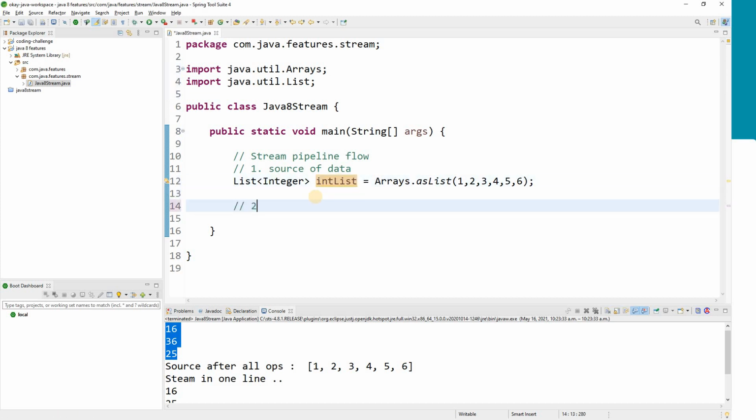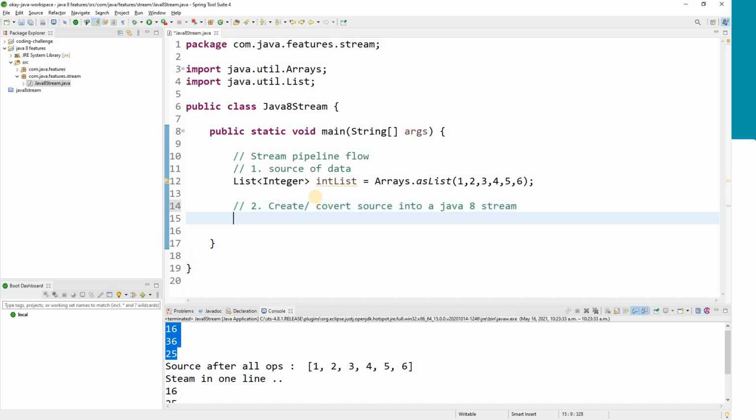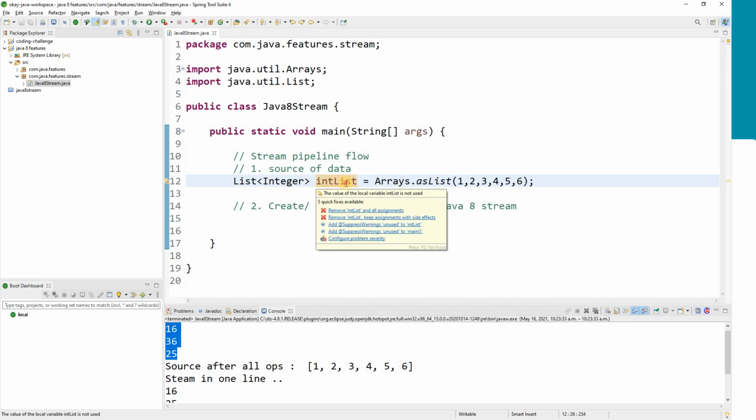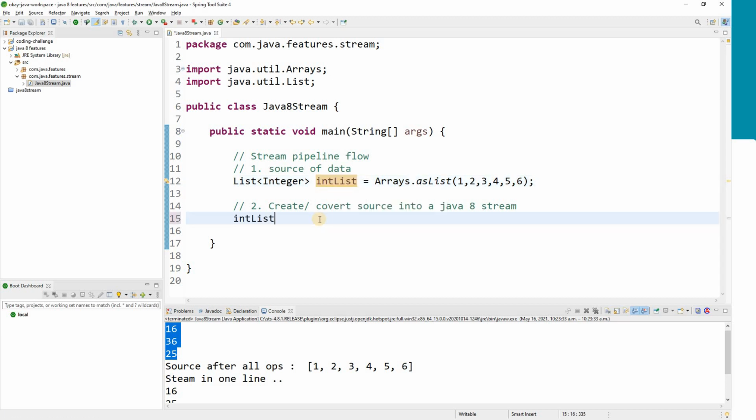Now I need to convert, because if you want to work with the Java 8 Stream API, the very first thing is that you need to create or convert your source into a Java 8 stream. That is the very first thing. You cannot apply all these stream operations on a collection. First of all, you need to create a stream out of it, right? So I'll go ahead and use a function called stream. I've used list.stream, the function that will